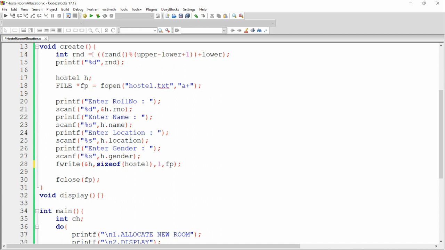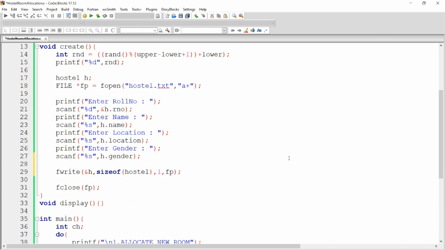Now this randomly generated number is available in the RND variable. So I want to write that particular randomly generated number as the hostel room that I want to allocate to this particular user. So you can write here h dot room number is equal to RND. So what is RND? This is the randomly generated number. So you can write this particular formula over here. So what happened?